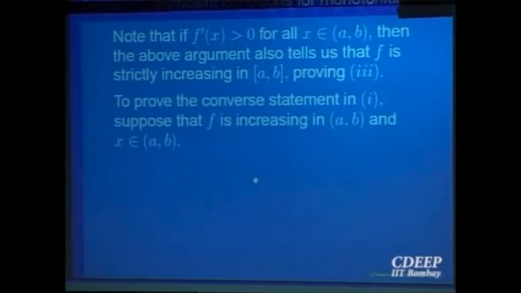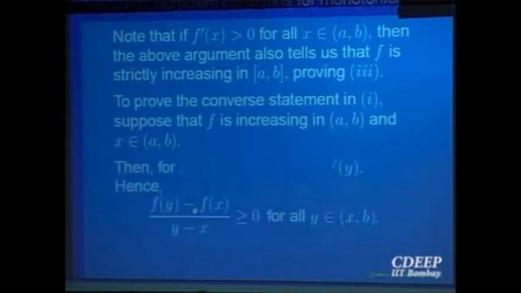Let us prove the converse statement: we are given that the function is increasing and we want to look at the derivative. We are already given the function is differentiable. We only want to know the nature of the derivative in the interval a b. So for that, take any points x and y in the interval a b and look at the point y which is on the right side of x. So it is in the interval x to b. So we are looking at 2 points x and y, x less than y, so y is going to be in the interval x to b.